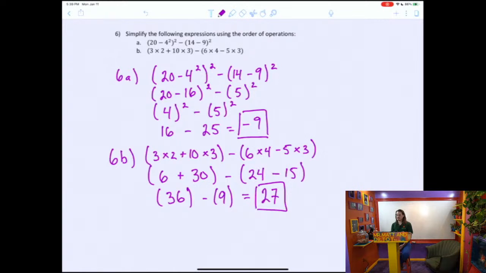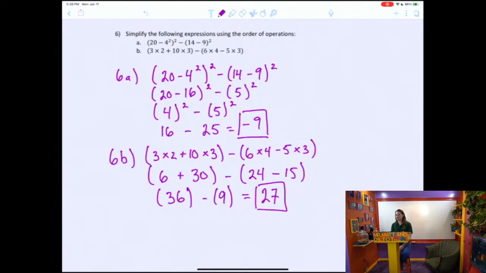For 6b, working within the parentheses again, making sure that we do multiplication before we do addition or subtraction. 3 times 2 is 6. 10 times 3 is 30. So we're going to end up with 6 plus 30 on the left-hand side. On the right-hand side, we're going to have 6 times 4, which is 24, minus 5